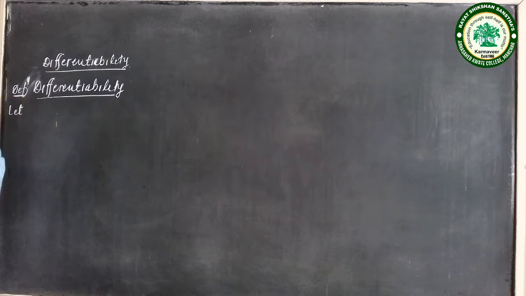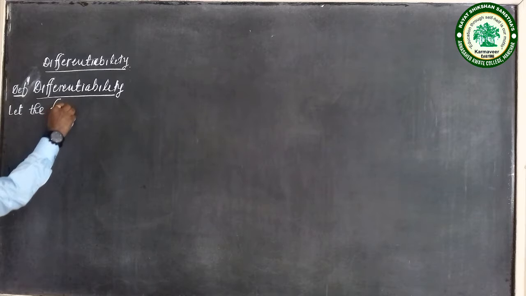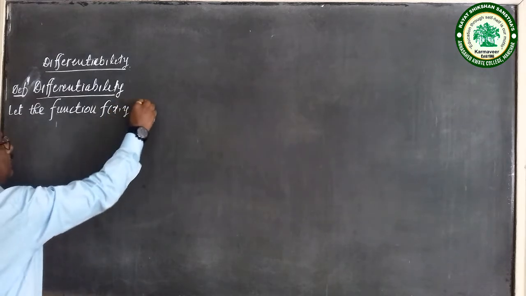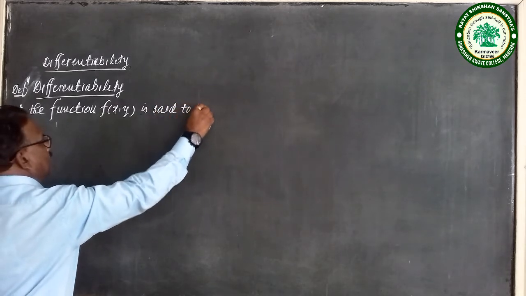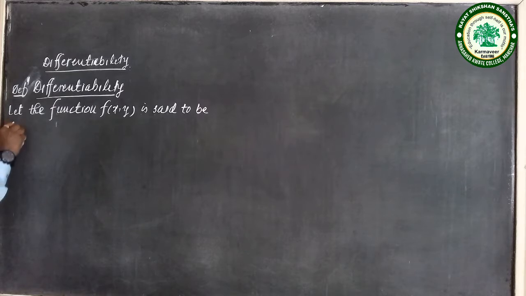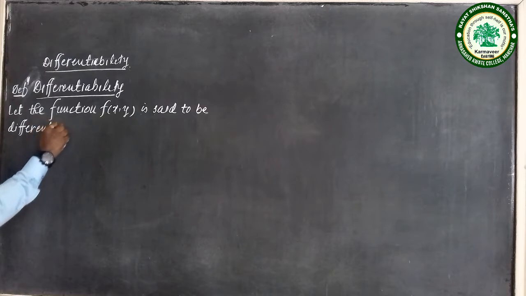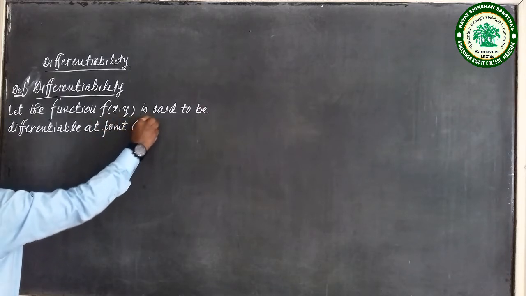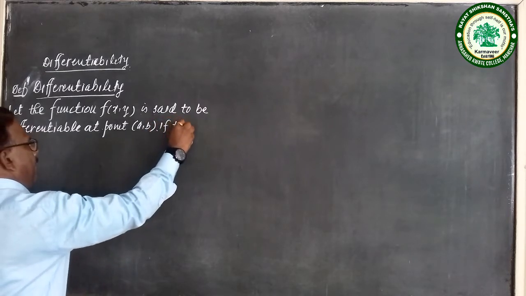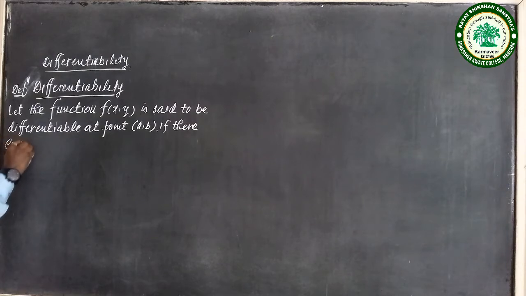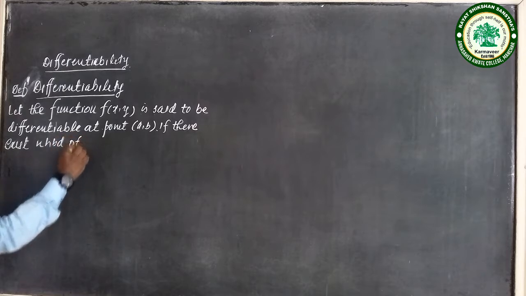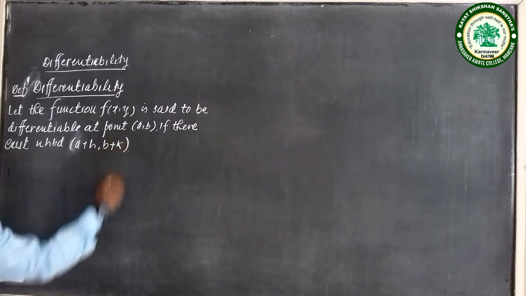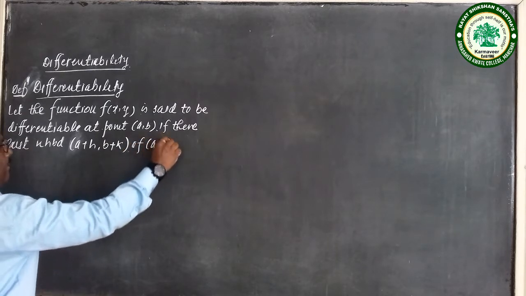Let the function f(x, y) be said to be differentiable at the point (a, b) if there exists a neighborhood (a+h, b+k) of (a, b) in which